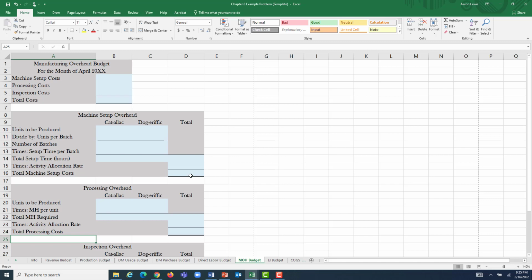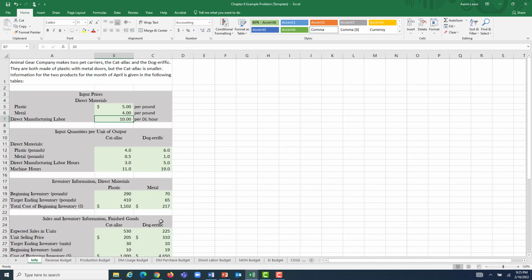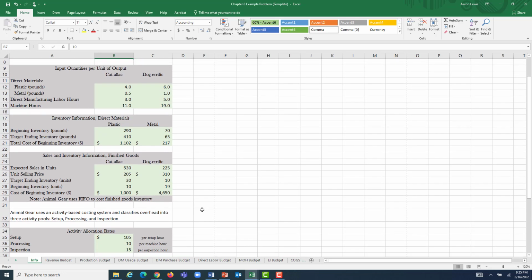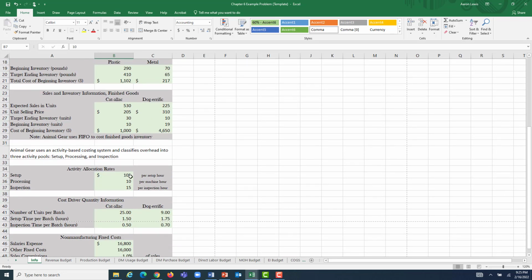What is the cost that we're going to have to pay for machine setups during the period? What information do we have to work with? In our info, we know a few things. If we scroll down to our activities over here, we know our allocation rate. Somebody somewhere has gone and determined that our predetermined overhead allocation rate for the setup activity is $105 per setup